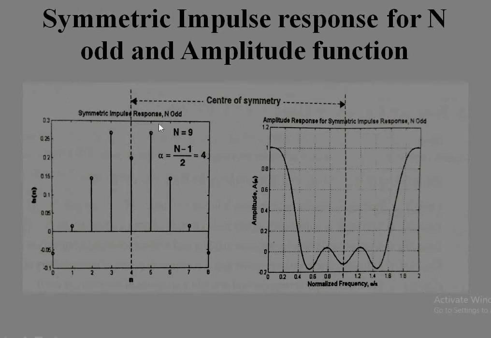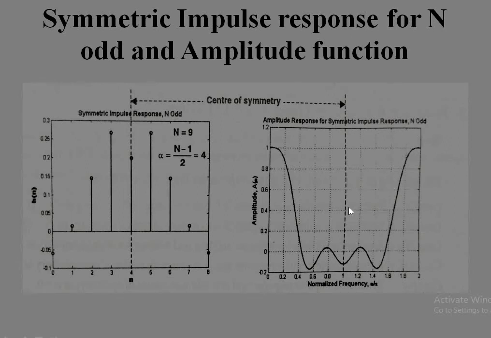From these sketches it can be observed that the amplitude function here is normalized. I have normalized with respect to pi, therefore the x-axis is represented with respect to the integer value. Generally this particular value represents pi. From these sketches it can be observed that the amplitude function is symmetric with respect to omega is equal to pi. With respect to omega is equal to pi, whenever we consider this particular value, it is symmetric,